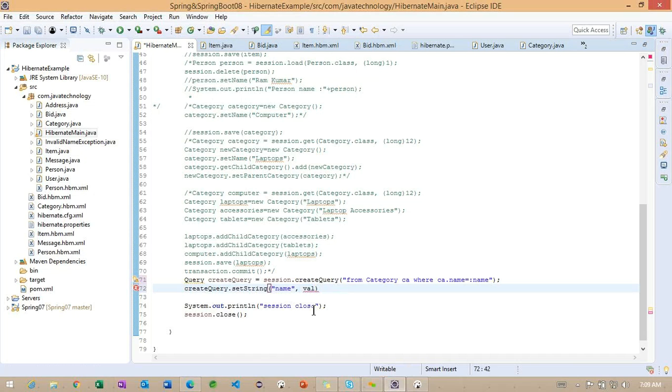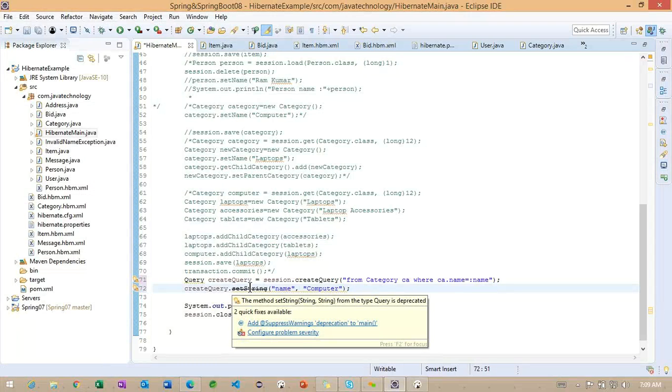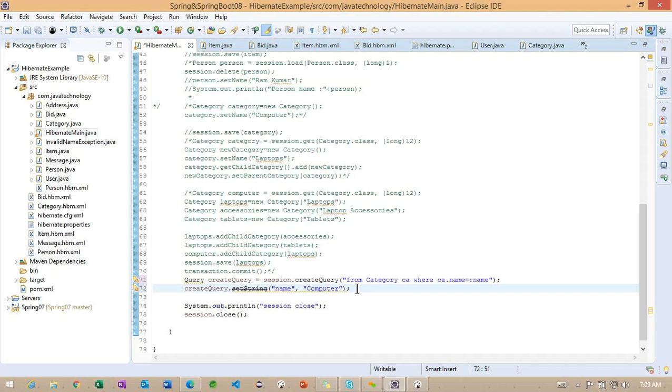And here we need to specify the value. So what value are we going to specify? The name of the category name, I'm making it computer here. So it is a deprecated thing. Okay, we'll see, even though it will work here.